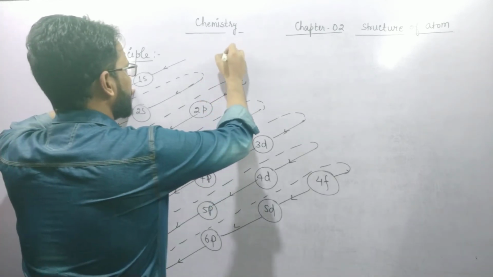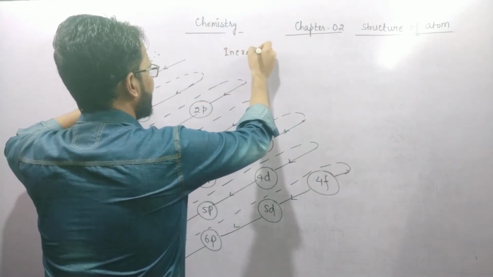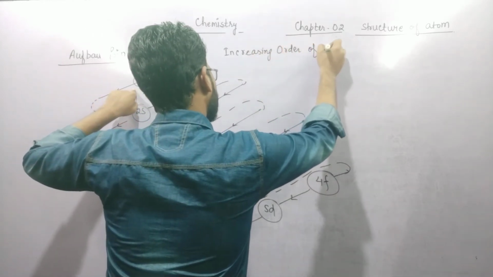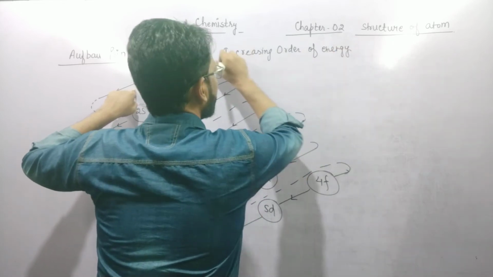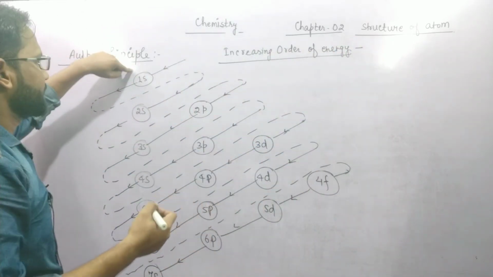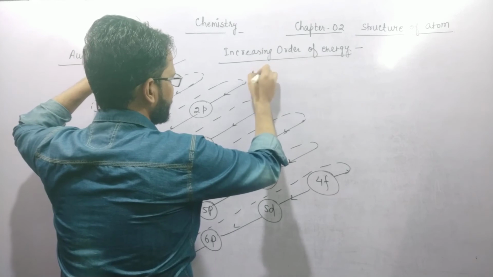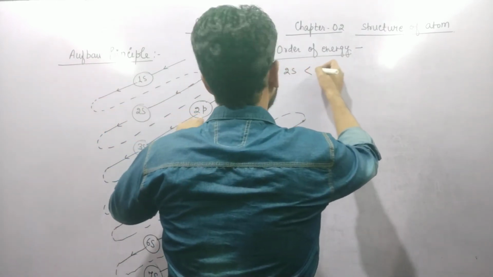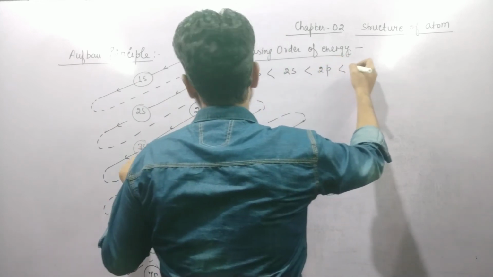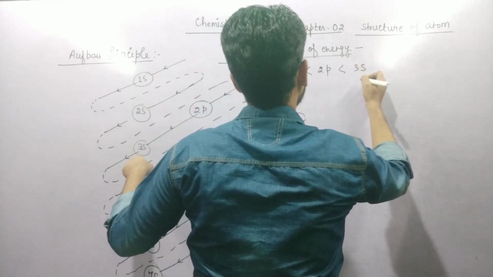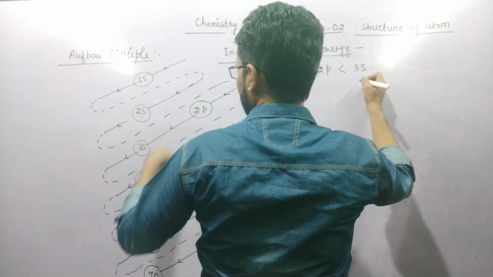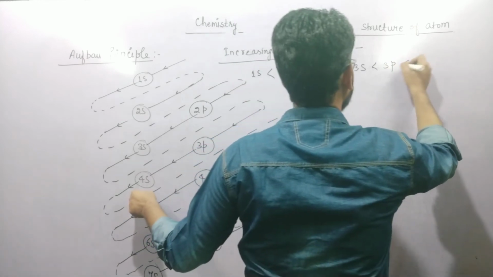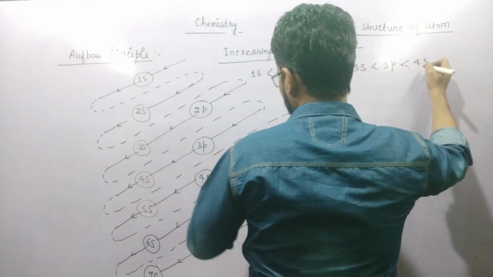So the increasing order of energy according to the Aufbau principle is: first the electron is filled in 1s, then 2s, after that 2p, then 3s, after 3s means 3p, then 4s and 3d,